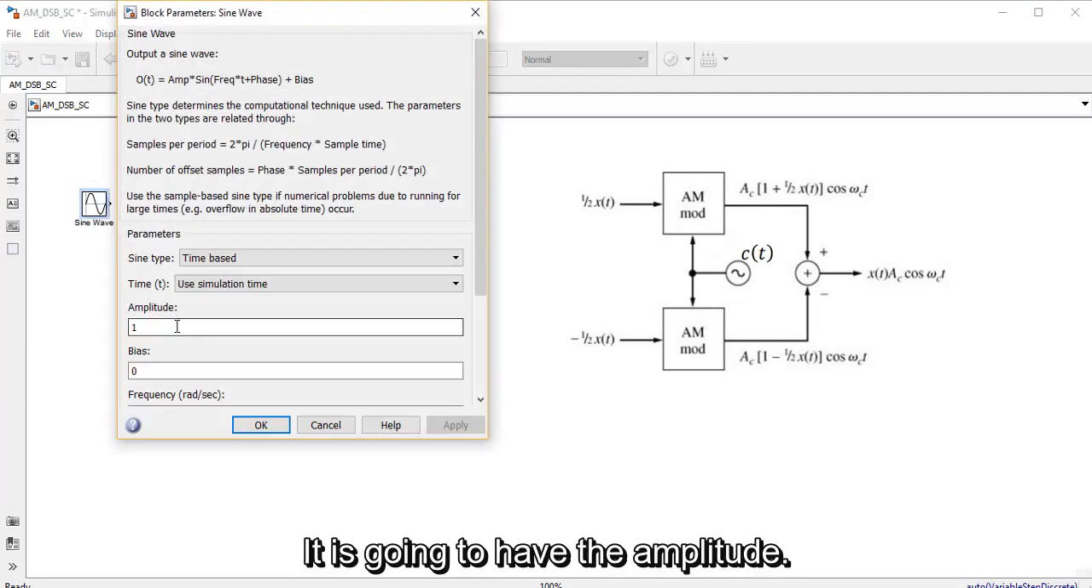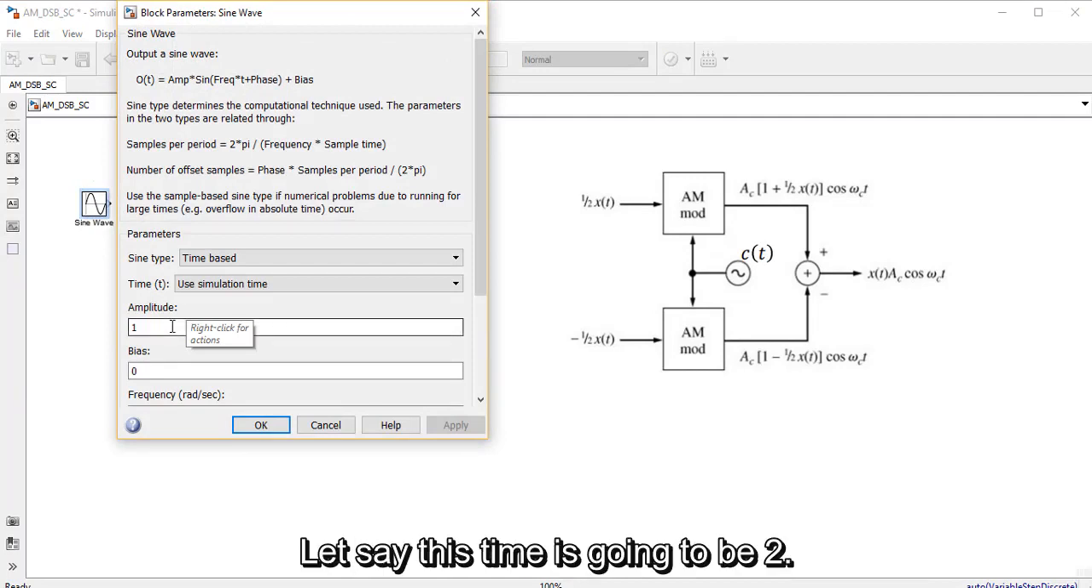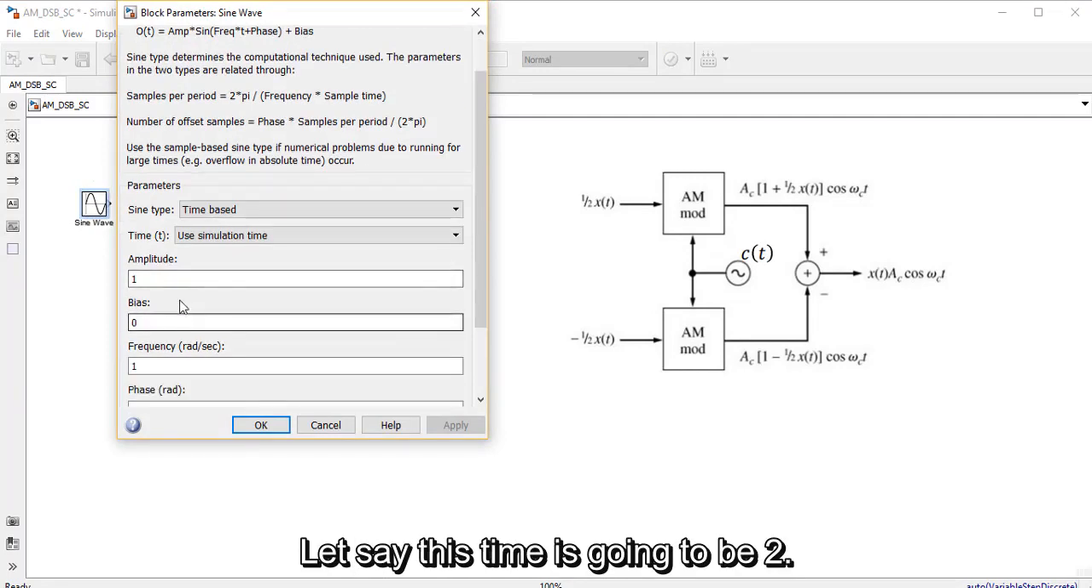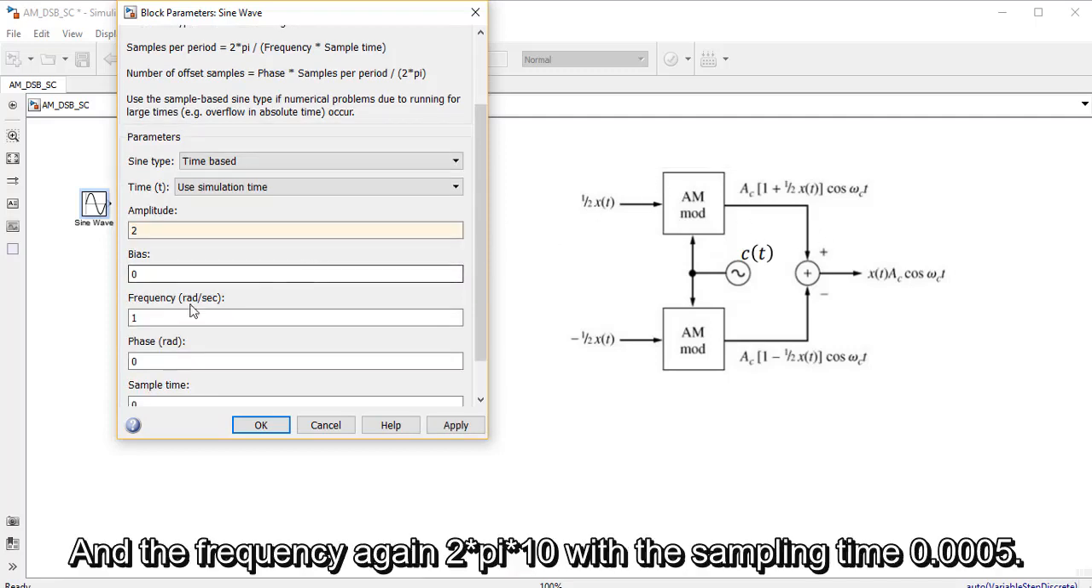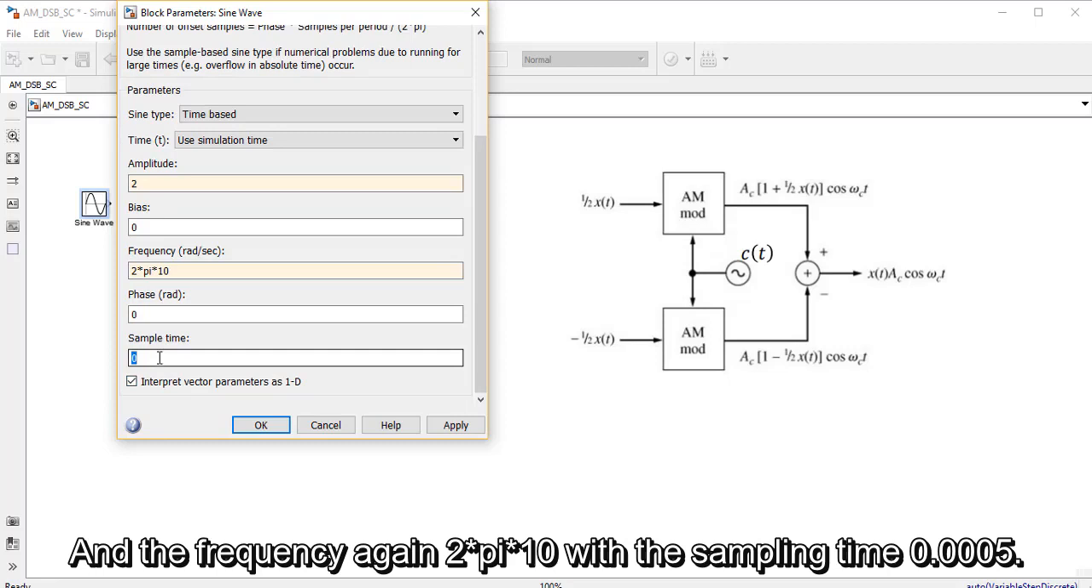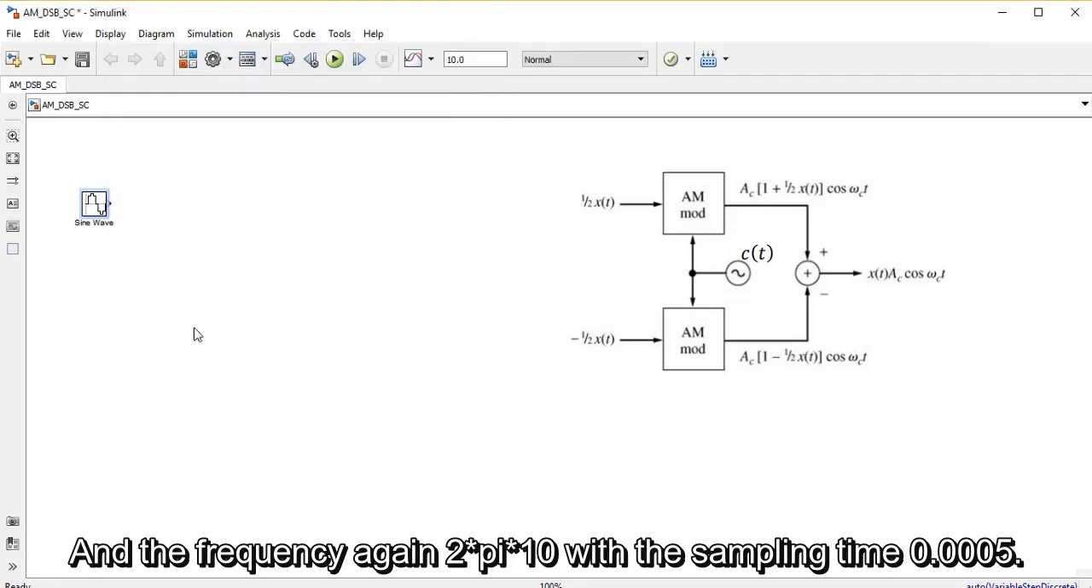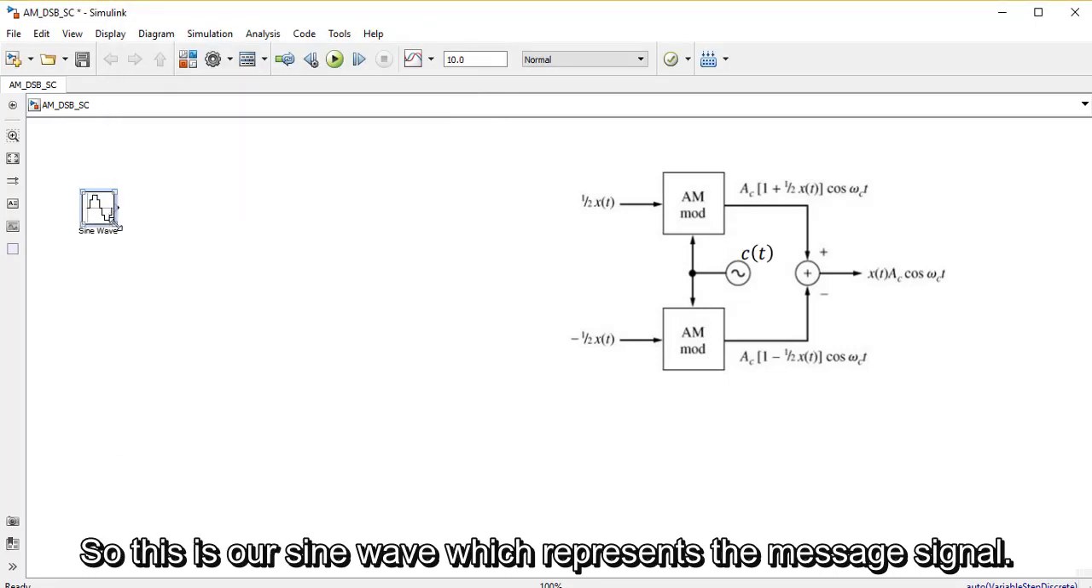It is going to have the amplitude, let's say this time is going to be 2, because we are going to multiply it by half, and the frequency again 2π by 10, with the sampling time similar to the previous one, which is 0.0005. So this is our sine wave, which represents the message